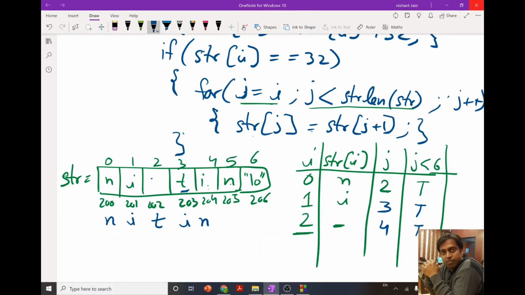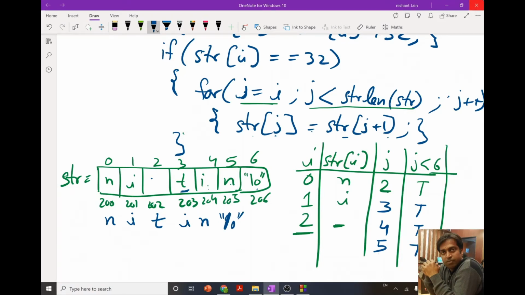Now again the value of j becomes 5, it is true, so we execute this again. So str[5] is equal to str[6]. At 5 we put the value of str[6], so this null character is also shifted.